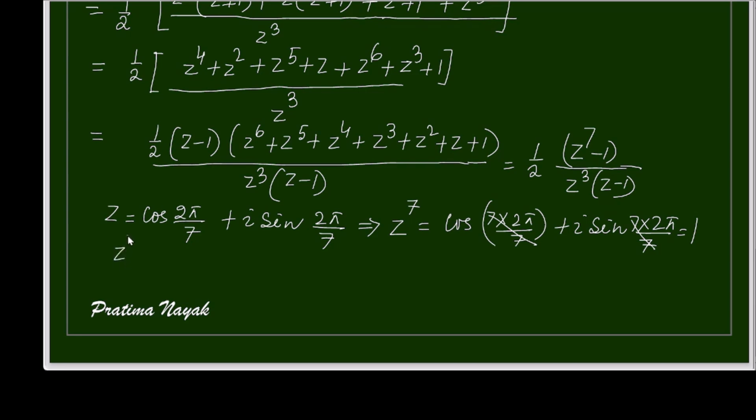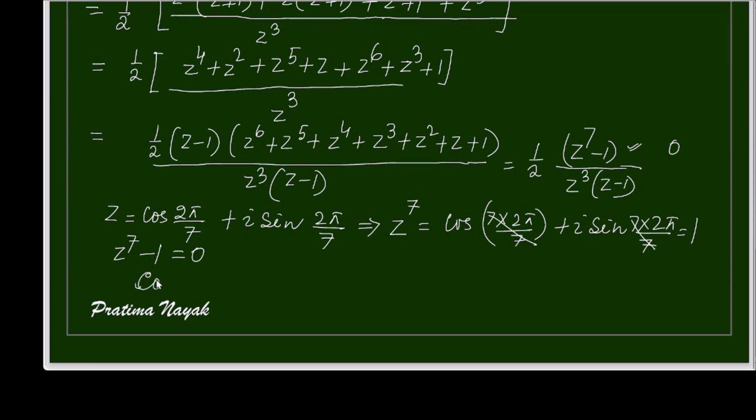Z to the power 7 is 1. That means z to the power 7 minus 1 is 0. So I am getting the numerator as 0. So 0 over anything will be 0. So the result is 0. So that means